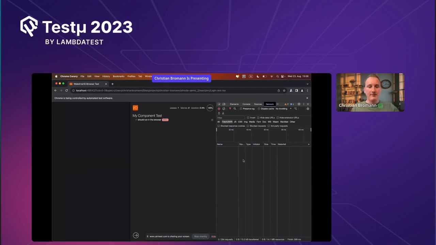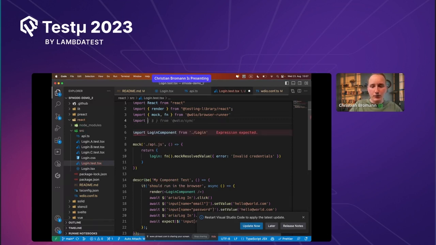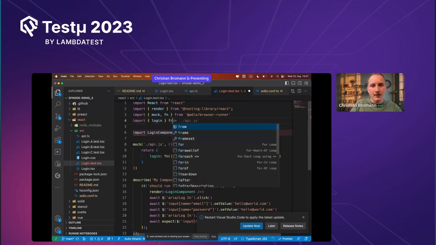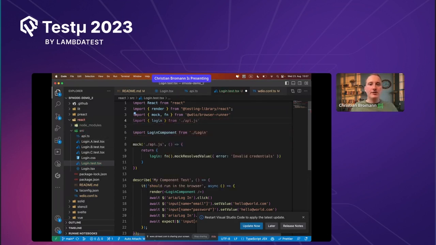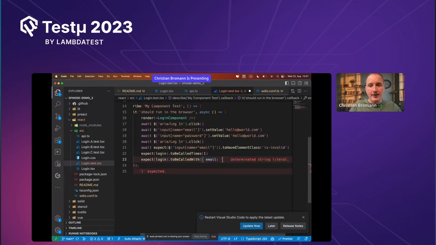We can actually go further now and validate that my login function has been called correctly. So what we're going to do is import the mock function. This might be confusing at first view, like we import an actual file, but what you get is actually the mocked version of the file back. And then we can assert what it has been called with. We can say, hey, we expect that our login method has been called once. And we also expect that our login method has been called with